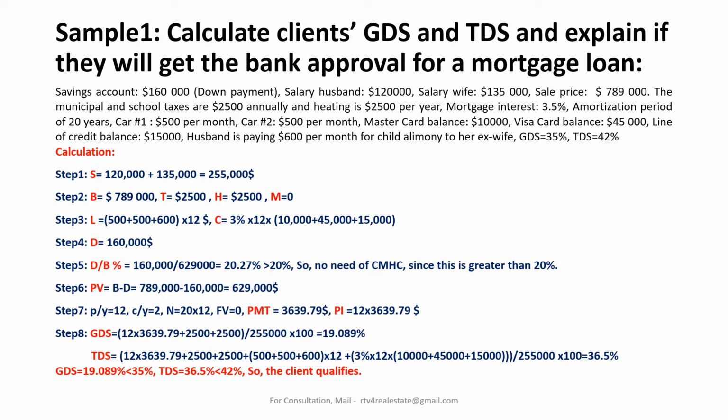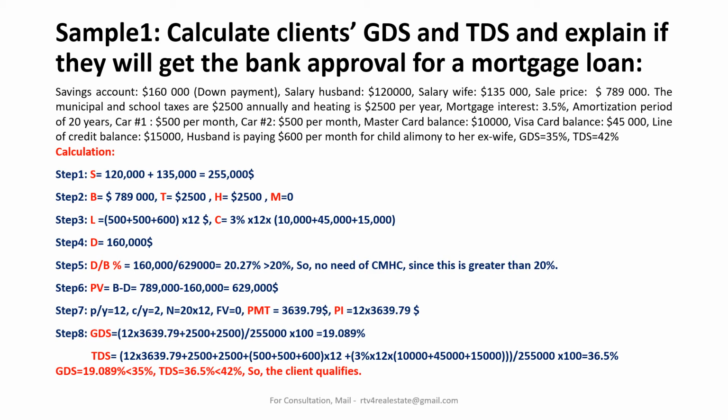$3,639.79, PIE equals 12 into $3,639.79. Step 8, GDS equals 12 into 3,639.79 plus 2,500 plus 2,500 by 255,000 into 100 equals 19.089%. TDS equals 12 into